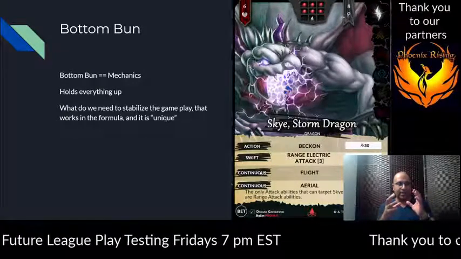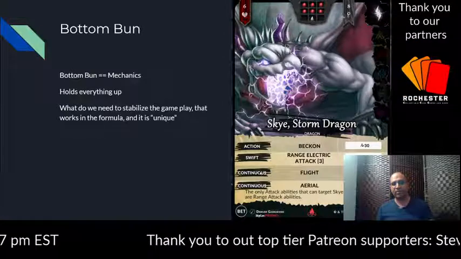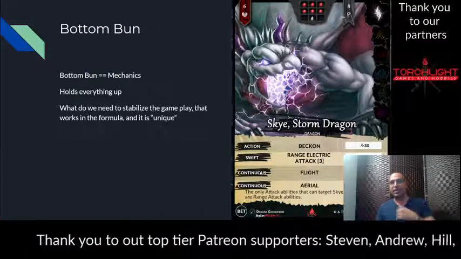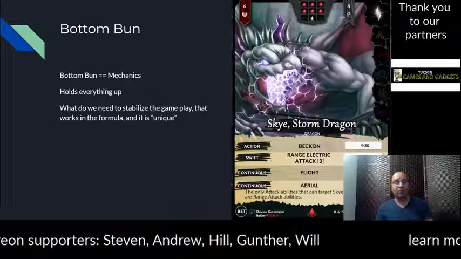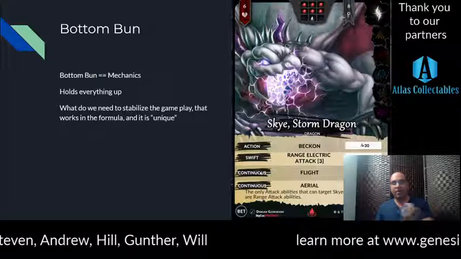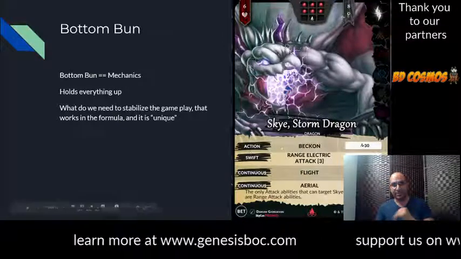So the cards, at the end of the day, I don't want to create cards that are just obsolete, that hold no value in the game. I want to create cards that are playable to one person or another in one format or another. They should have a purpose behind them. So that's what I mean by uniqueness. It needs to have a purpose.